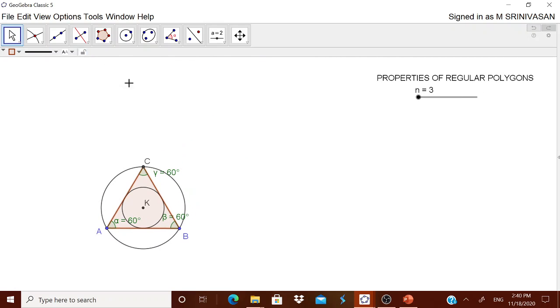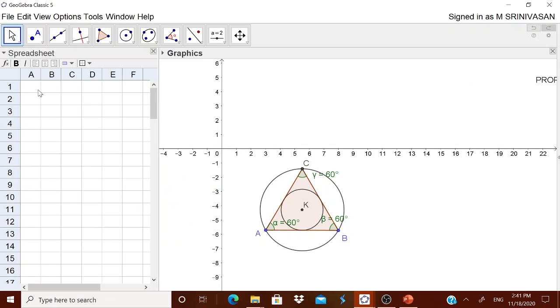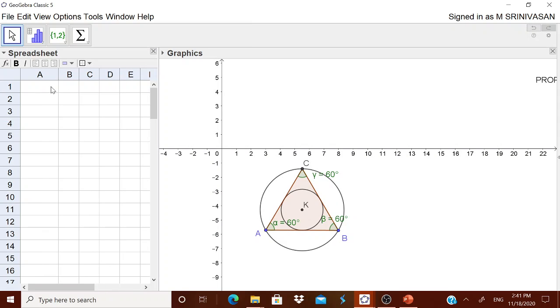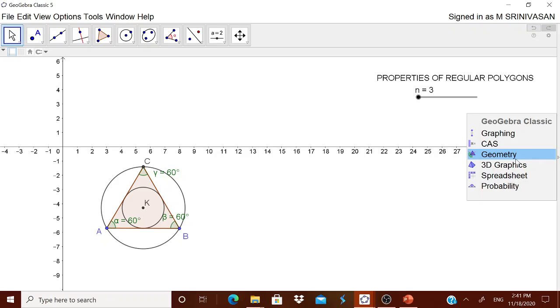Let me just try to tell the children that whenever they are doing it, it is showing the angles inside, and some of the angles also the children may be interested to know. Now this can be put in 2 ways in GeoGebra. One is you can go for this spreadsheet. Using this spreadsheet, I think all of you know, same type of spreadsheet. Here you can type it and you can just tell side by side that this is the thing, therefore you can do it. But if you want to make it a little bit attractive,